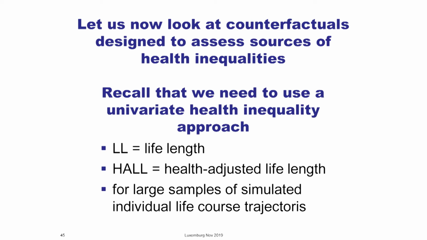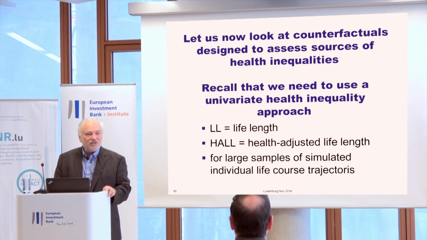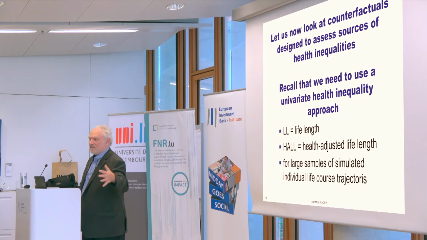We're going to be looking at LL. So life expectancy, LE. LL is life lengths. Since we've simulated jillions of individuals, we have a bag full of LLs, life lengths. And we also have a bag full of health-adjusted life lengths. And if you remember the little animation with the gray shade levels, basically what we're doing is we're taking the cumulative sum over that vector of health states for each simulated individual.